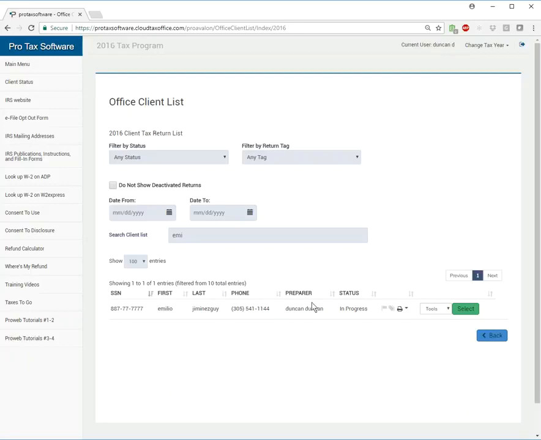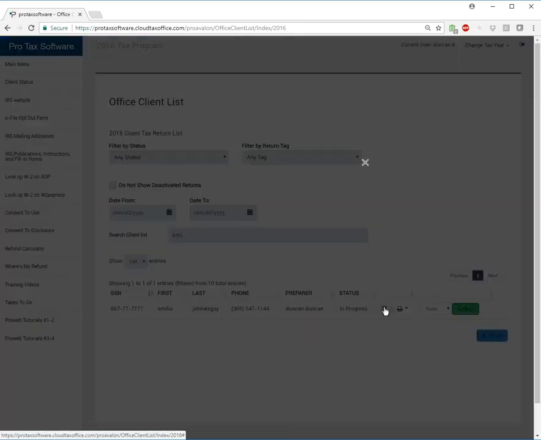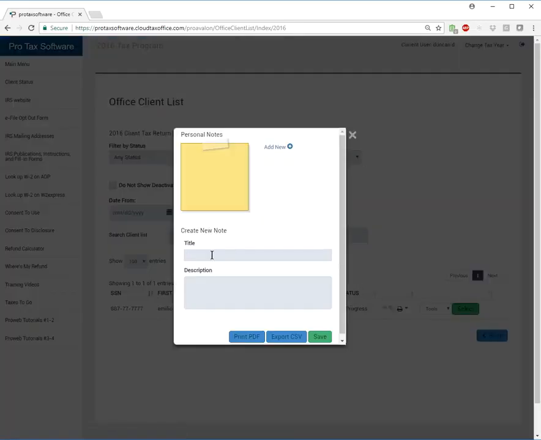What's available to us? Well, just following across, we have our social, the taxpayer's first and last name, phone number, the preparer that did it, the status that the return is in. Now if you hover your mouse over, you can see that this is add notes. We forgot to add our notes. Let's go in and put in a note, and this is a demo note,